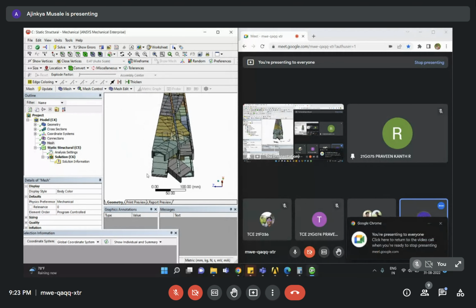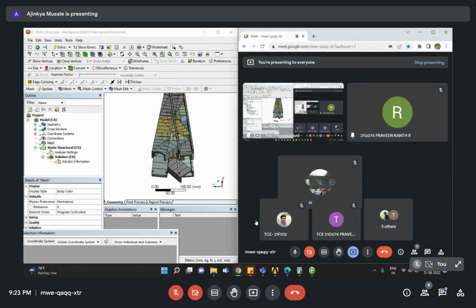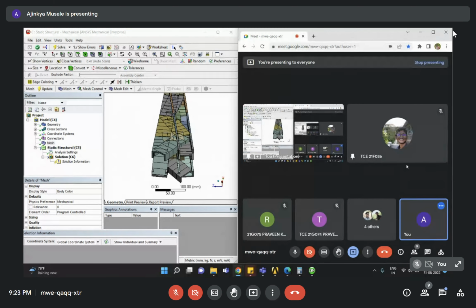The distance between the two bottom points is only 100 millimeters. So it's just a hint to you. What would have caused this? Can you tell me? I can't see that. No, not units, but the